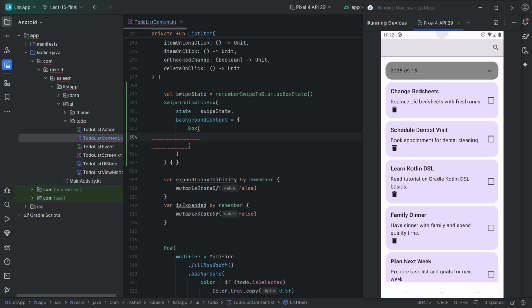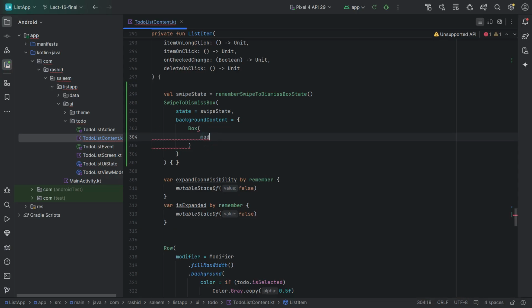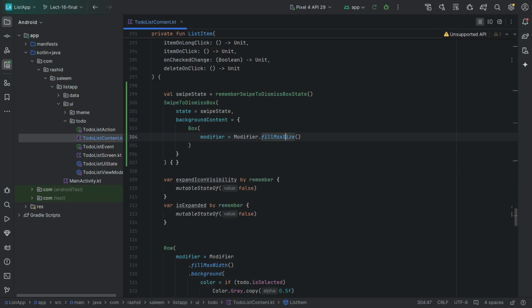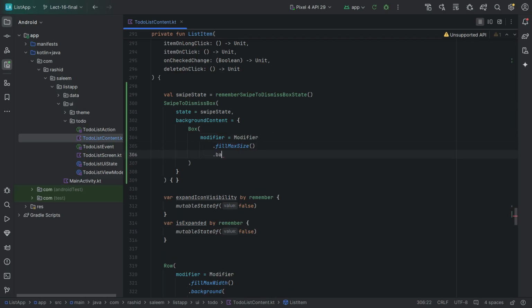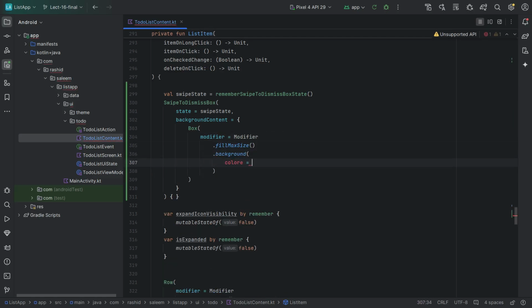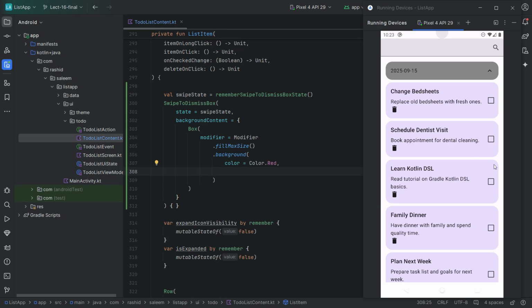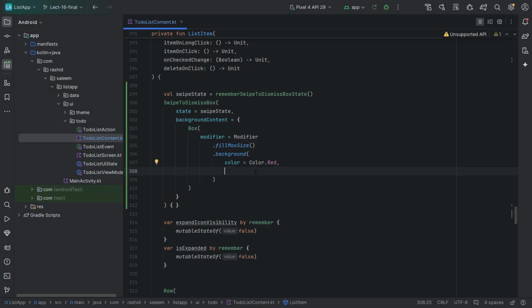Use a Box here to show the same as it is, which takes the full area of this list item. So we use modifier fillMaxSize, and set the background color to red, and also apply the same radius which we have applied to this list item. So we set shape